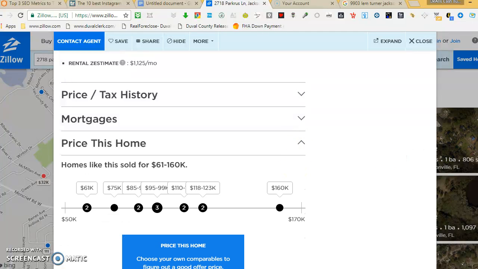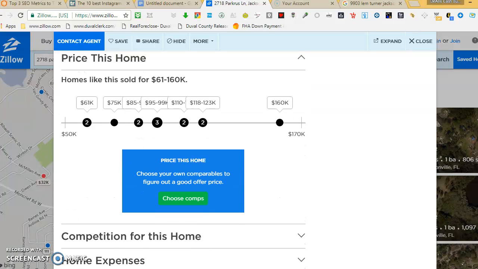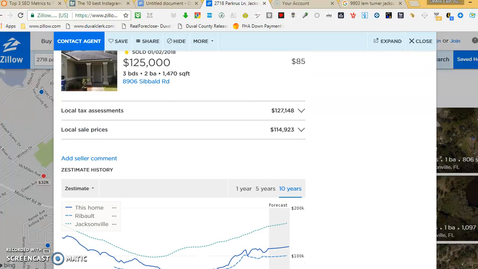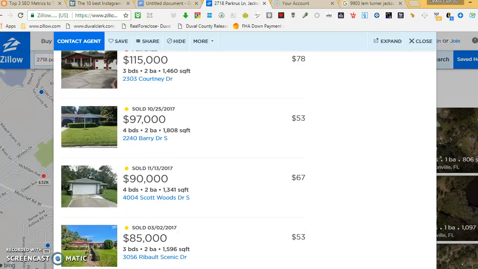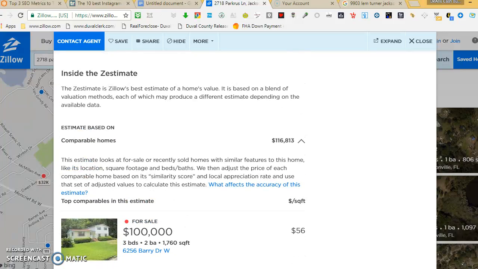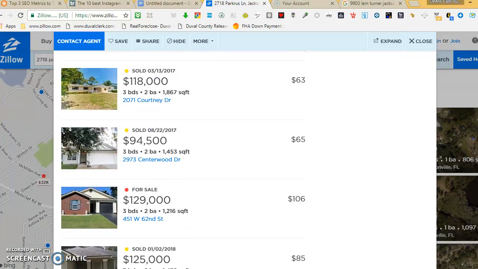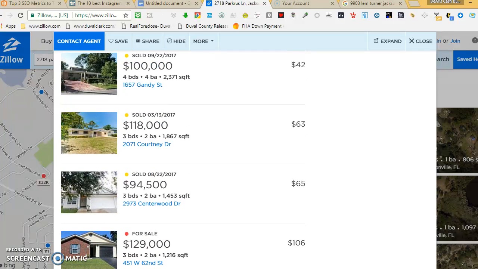Price this home is the best tab that we're looking for. Sometimes it's not there, so you have to go through stuff like comparable homes or Zestimate to add all the properties together that are similar in square footage, similar in bedrooms, and